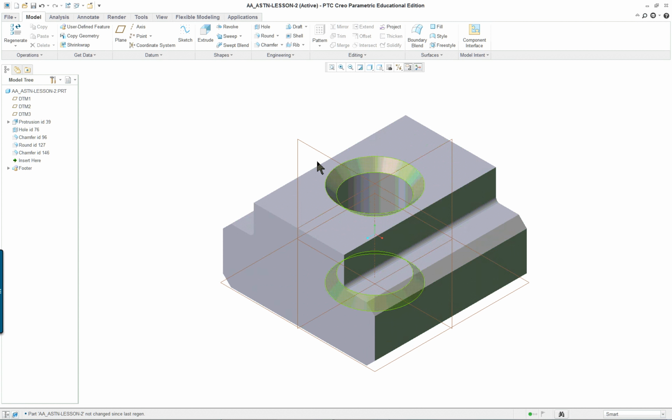But besides that, we could also click on a feature in the model tree or over here. And by the way, if you look, this says a protrusion. When we were doing lesson 1, everything was an extrusion. There's really no difference between the two terms. Old parts before Creo, the Pro Engineer ones, will all have protrusions, not extrusions. It's just a name. If you want to change that name, by the way, you could just click twice